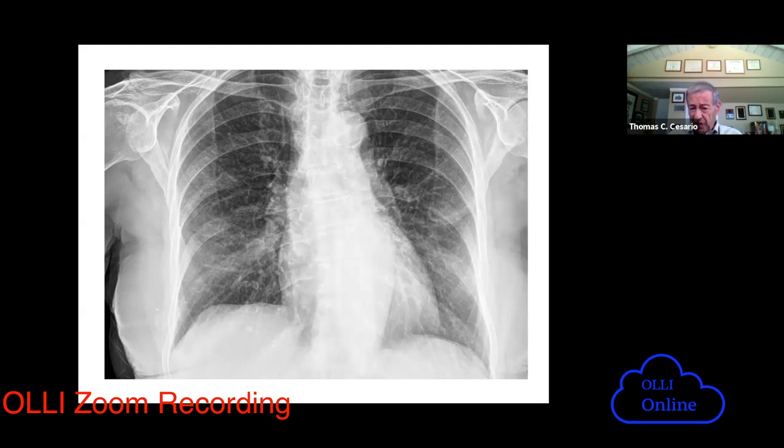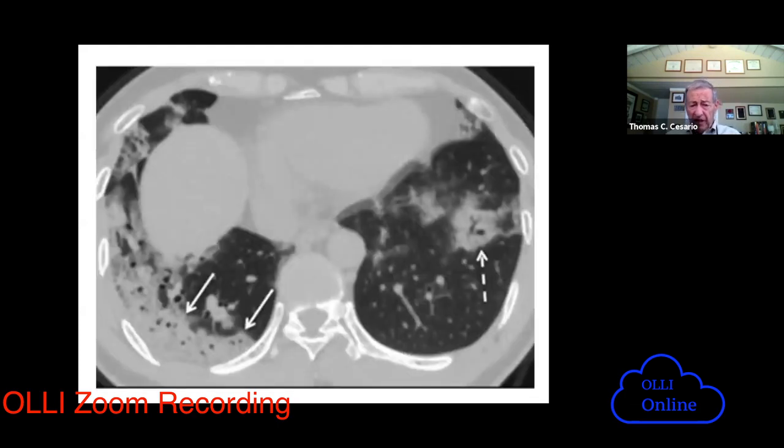Now, if you take this person and you do a CT scan, computerized axial tomography, you then get a more detailed, more accurate picture. Next slide. And on the next slide, you can see where the arrows are pointing, where the actual inflammation is in the lung. And on this, you can see it's pretty extensive. And you can see there are those little holes in the inflammation. That's what gives it the name ground glass appearance. It looks like little ground glass.